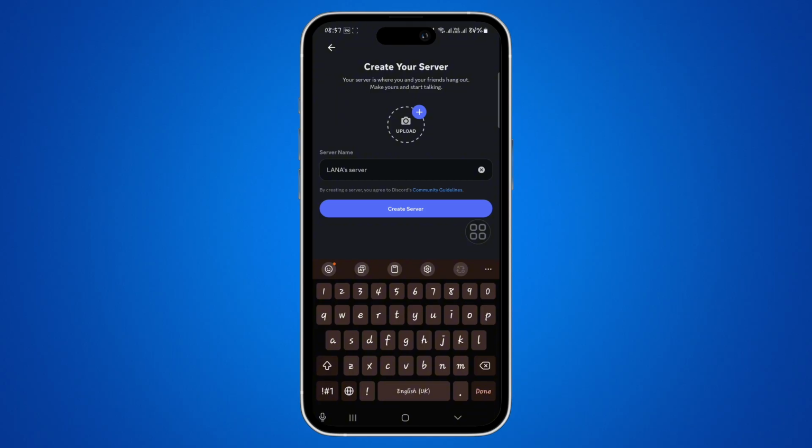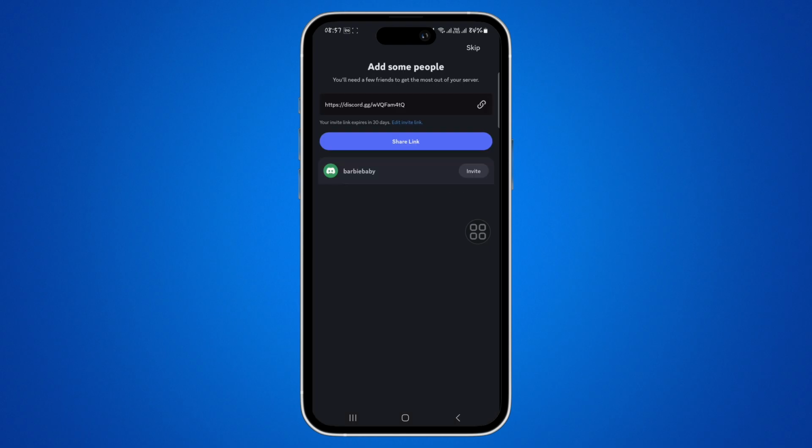Now enter the server name. Tap on Create Server, which is highlighted in blue color, and you can also upload a profile picture if you want. And after creation, you'll have the option to invite people directly from Discord or share an invite link with